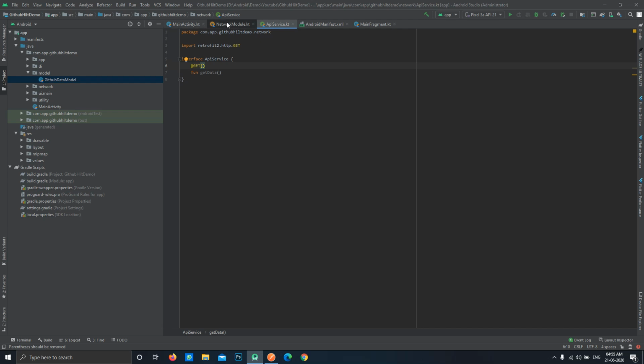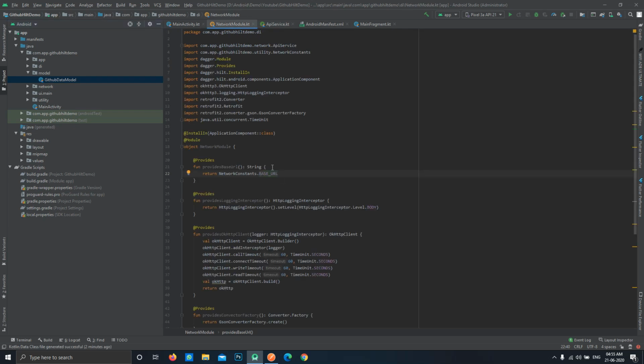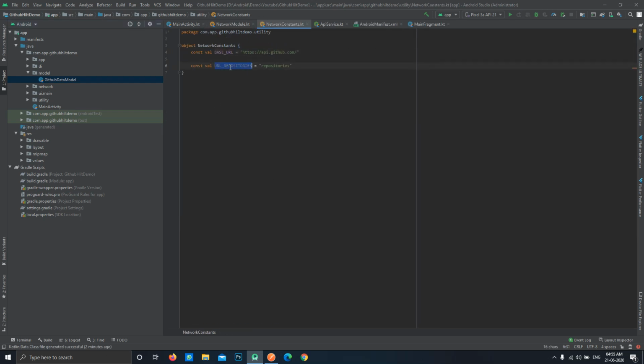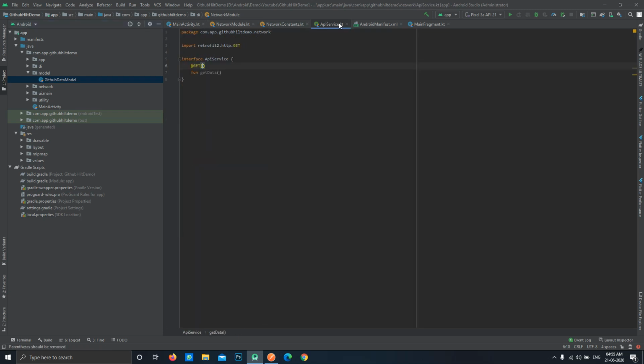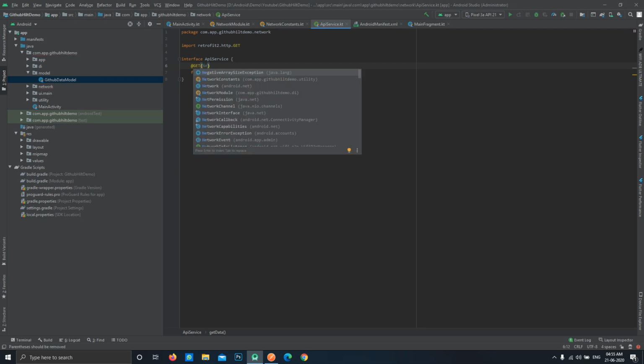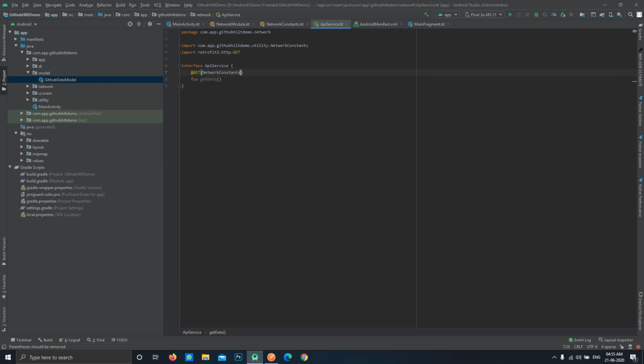In our case, it will be the URL which we have created over here, that is URL repositories. So here we'll be using NetworkConstants.URL_REPOSITORIES, and now let's change the name of this function.